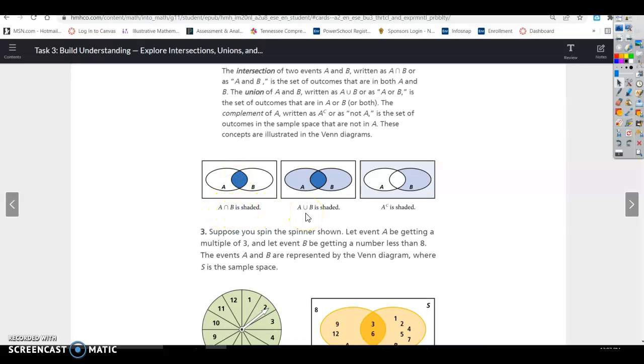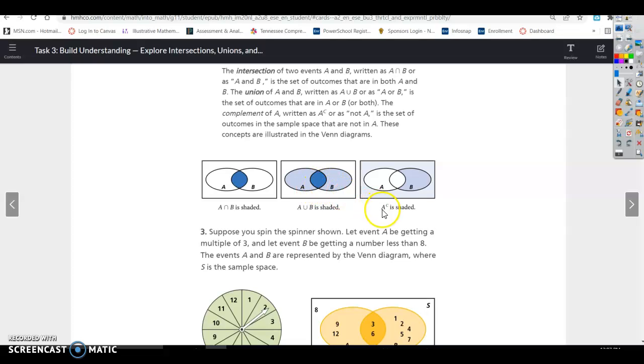All right, for union, union is all things in A and B. You can see here's where they overlap and they share certain things, but you can see that all these are shaded. So just think of union like a marriage. So when two people get married, all of your belongings become common territory, or shared